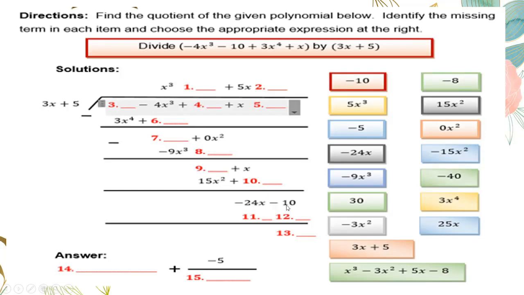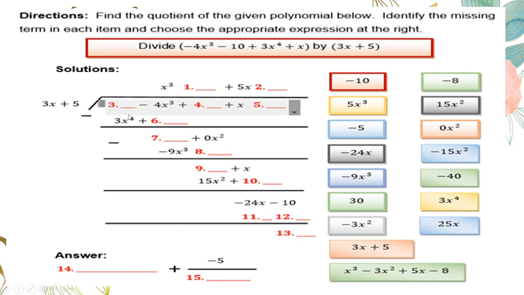Yan. So this time, I've made this easier for you. So there are clues for dividing this one. So there are 15 tiles to fill this up. Okay, first, this is the given, not arranged. So we check which one should be the first term. It should be the one with the highest exponent. So let's look here. That is